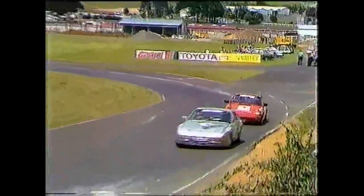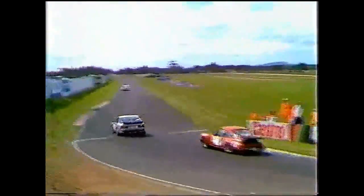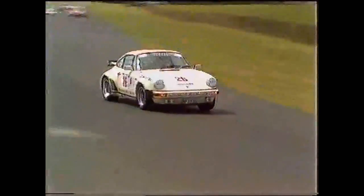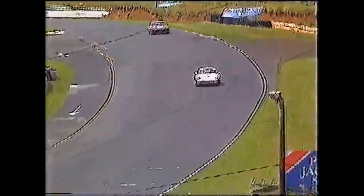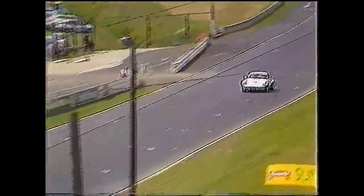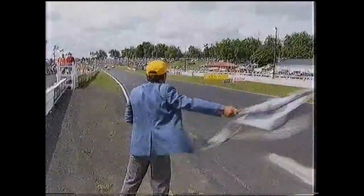Well, Trevor, knowing the big bump that there is in the middle of Champion, that was a fairly brave move, I thought. I think he's showing a bit of experience there. He's been around there probably more times than anybody else in the field, and you can go in pretty deep if you're prepared to stick with it as it slides through the corner. I think Cameron's actually lost second place there, hasn't he? Looked to me as though Pilkington came through in front of him. Looking back now, there's Ray Williams coming down to the checkered flag, and we'll have a look at this battle for second place between Cameron. There's the checkered flag for Ray Williams in the 930. Here's Cameron down to it now, so he has